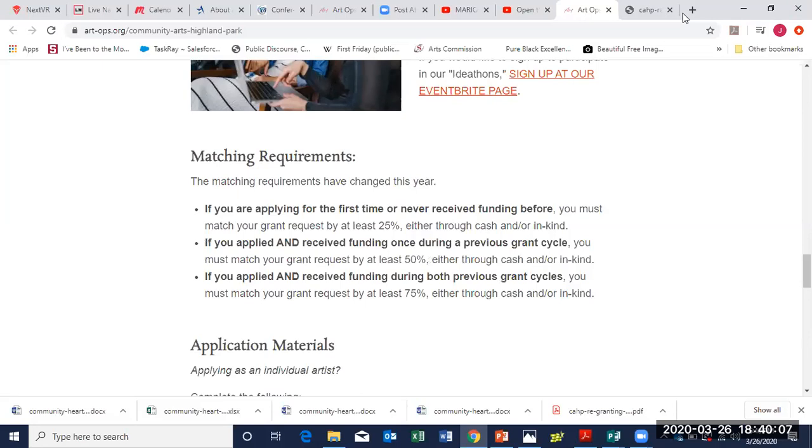Can I apply if I don't live in Highland Park, but want to do a project there? Yes. Thank you very much. So you do not have to be a resident of Highland Park. You just have to be interested in doing work with the residents there in Highland Park. I do not live in the city of Detroit, and if I wanted to apply for that kind of arts programming, I live outside of the city of Highland Park, outside the city of Detroit. Yes, you can.